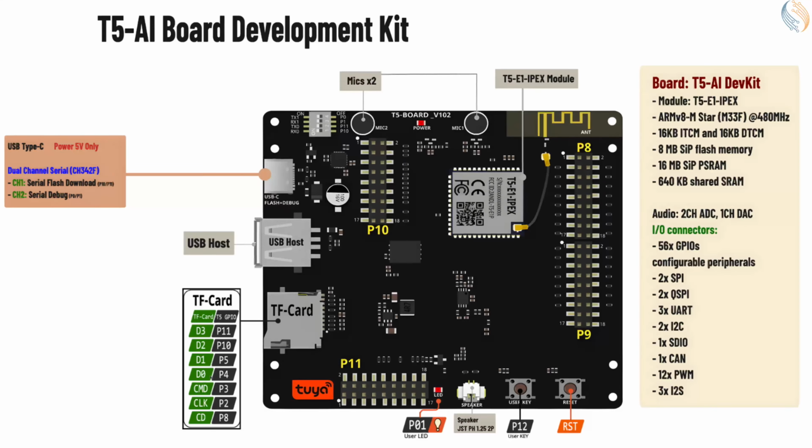This T5-AI development board is based on the T5-E1 IPEX module from Tuya Smart. It provides a complete platform with Wi-Fi, Bluetooth, audio, display, camera support, and plenty of I/O options, all combined into one neatly designed board. At the heart of the board is an ARM v8M CPU running at 480 MHz. It comes with enough internal memory to run AI and voice workloads smoothly, without needing an additional external microcontroller or